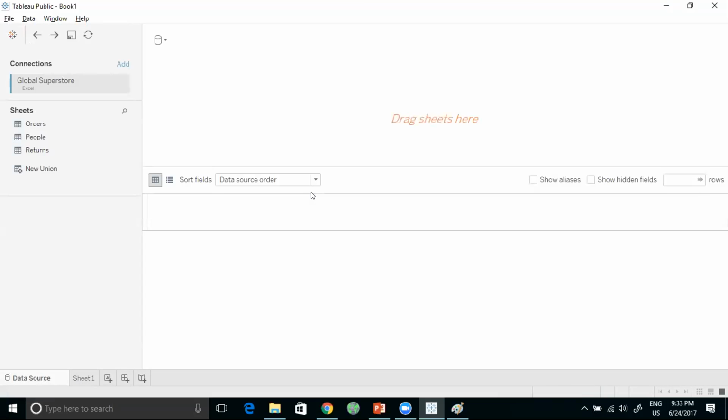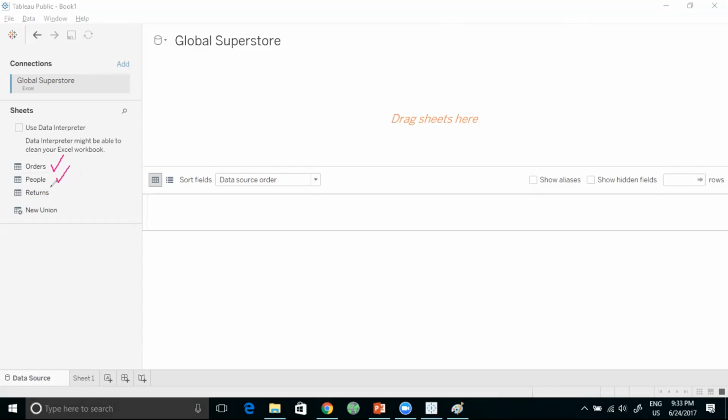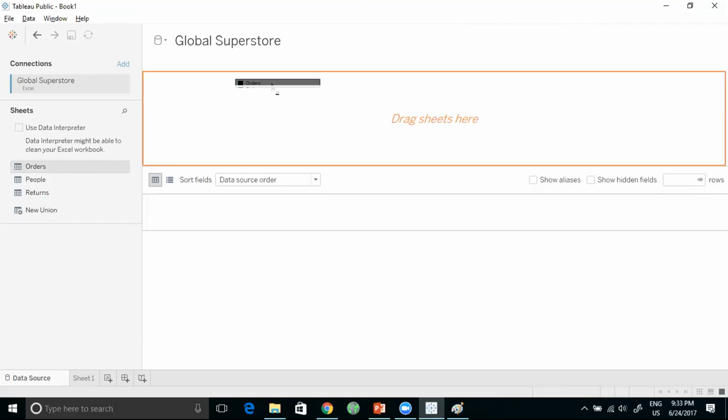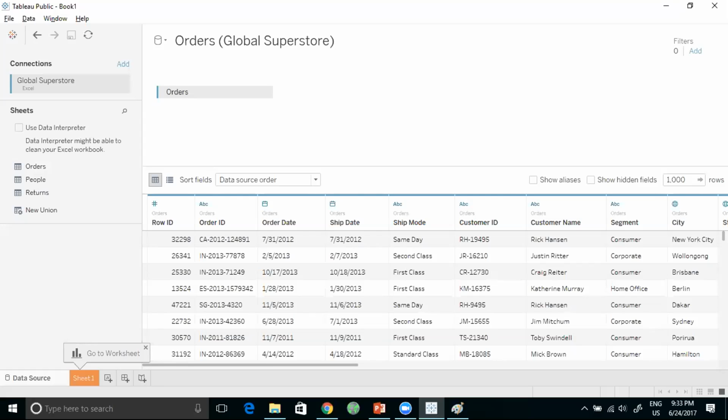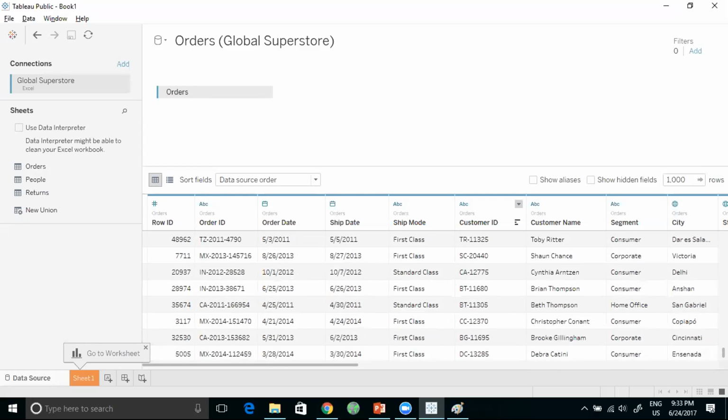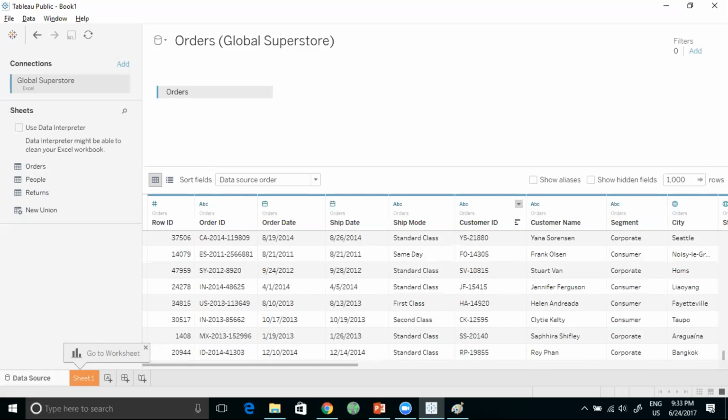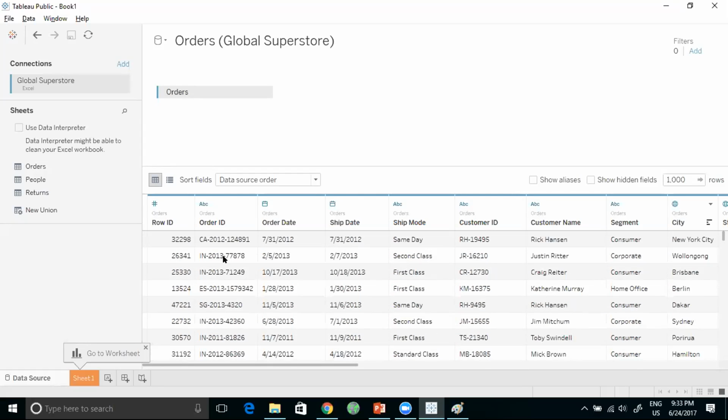Now, we open up this data set, and as you can see, Tableau immediately shows you on the left hand side what are the different kinds of tabs in this data set. There's orders that people have placed, there are the actual customers or people that place the orders, and there are the returns that have actually come back from those customers. And let's see how we can quickly get very meaningful information out of this. So I'm going to drag orders out, and I'm going to just explore the orders that this company has achieved. As it turns out, there are close to, let's see, 30 plus thousand rows in this particular data set.